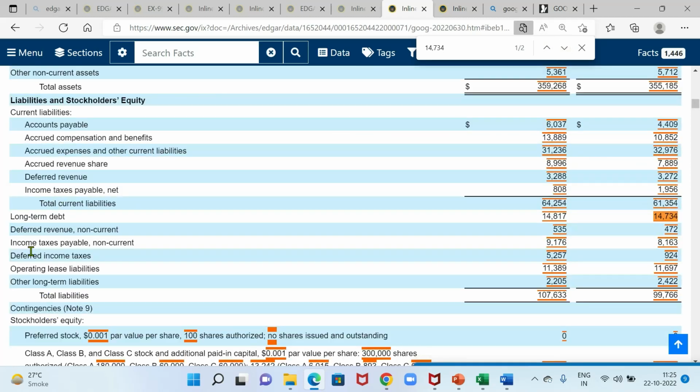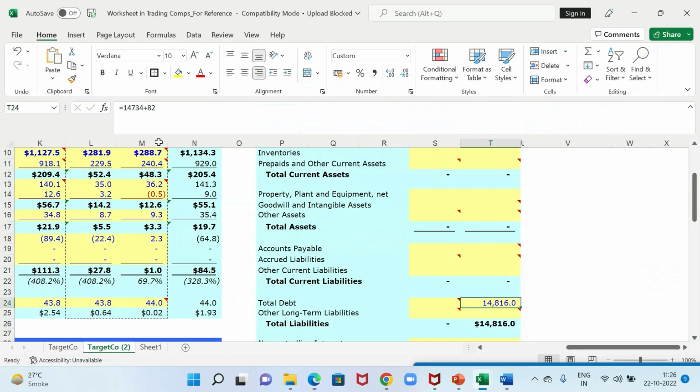Is there anything else I need to search for in current liabilities? Long term debt में deferred revenue नहीं होगा. ये long term liabilities में long term debt ले लिया. Deferred revenue नहीं, income tax payable नहीं, deferred. Operating lease liabilities 11697.